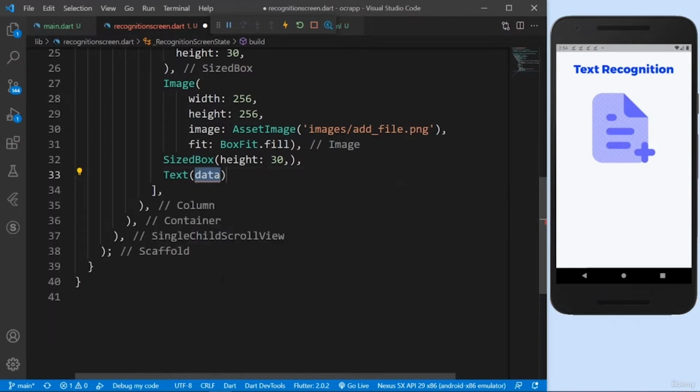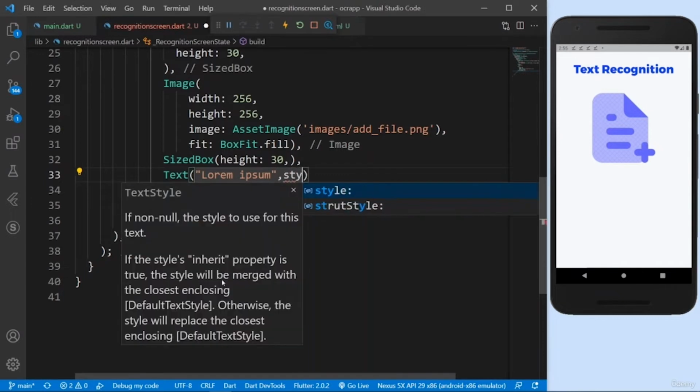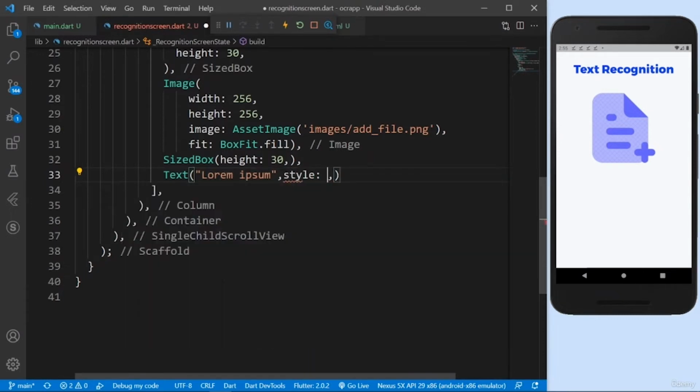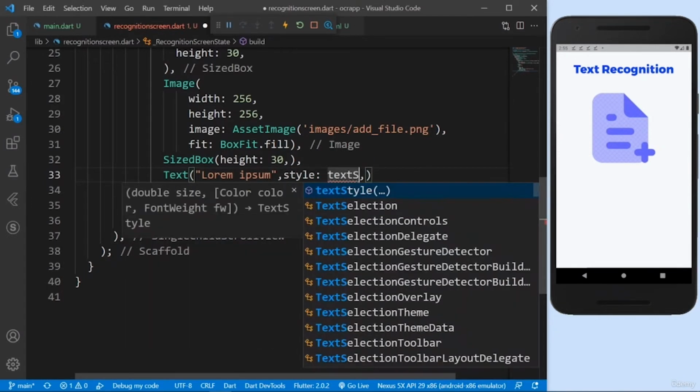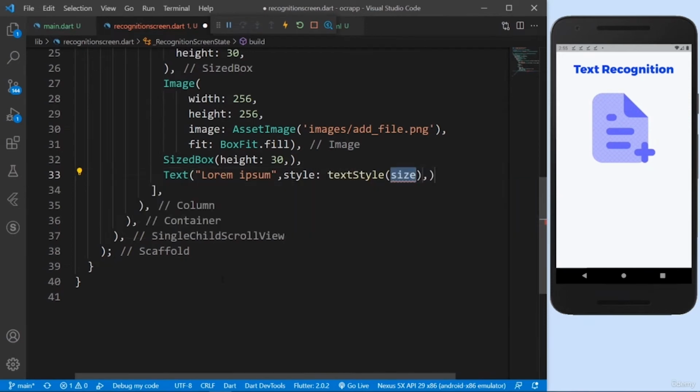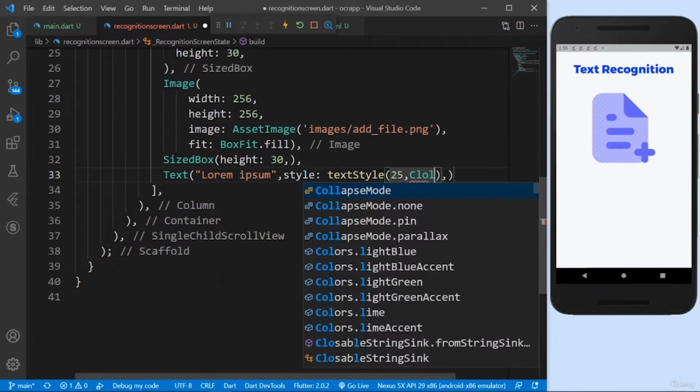So I'm gonna say text is, for example, let's just say lorem ipsum. So I'm gonna just have some random text here, but later on we will do it dynamically. I'm just hard coding some stuff for the UI, but when we implement the actual core functionalities, we will have the parsed text there. So the text style, I'm going to provide 25 pixels of font size, and the color is going to be